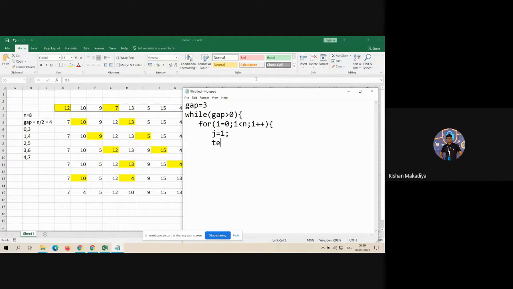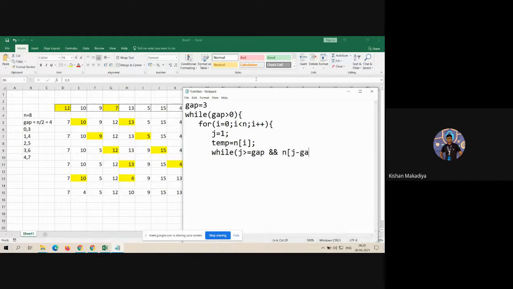Now simple insertion sort. What we do in insertion sort: first of all, the element you are inserting, you store in a temporary variable. Then start comparing in the previous, or reverse, order: j greater than or equal to gap, and let's start the comparison.